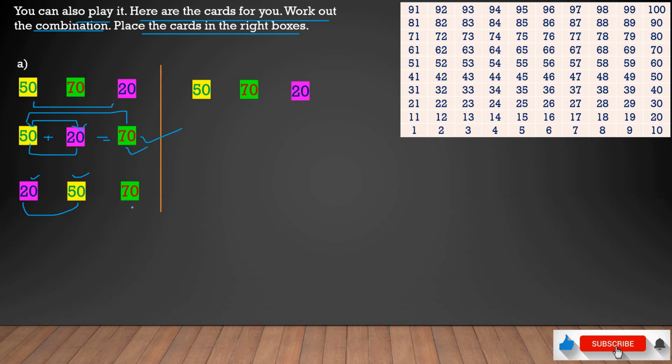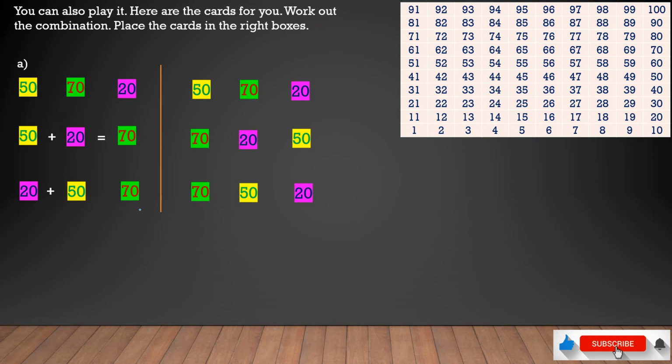And another way of arranging these cards is with the negative sign, or subtraction. We can also get the same kind of answers. So here if you subtract 20 from 70, you get 50. Why? This is the bigger number, this is 20, and if you subtract 20 from 70, it means this is 70, and we have to subtract 20. It means we will move 2 rows down, 1 and 2. So if you subtract 10, we'll reach 60. If you subtract 20, we reach 50. So that's how we got 50.